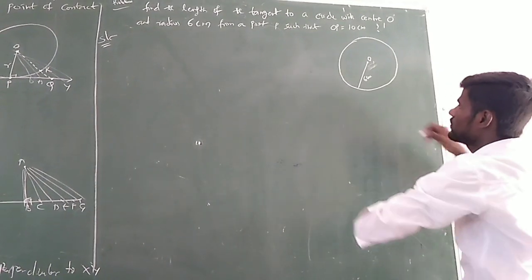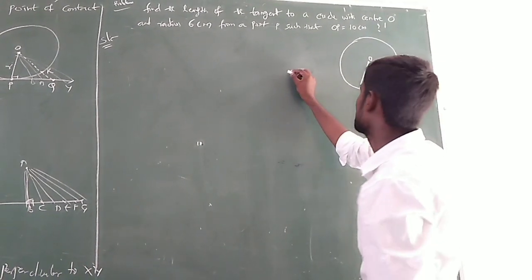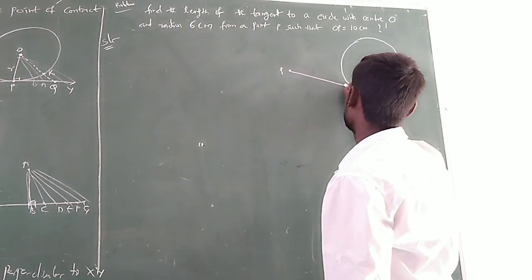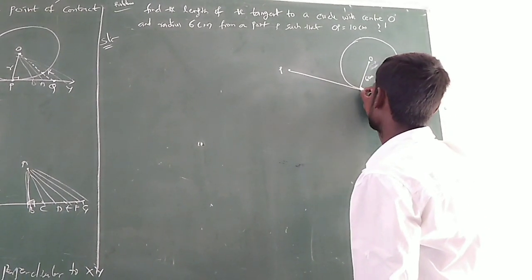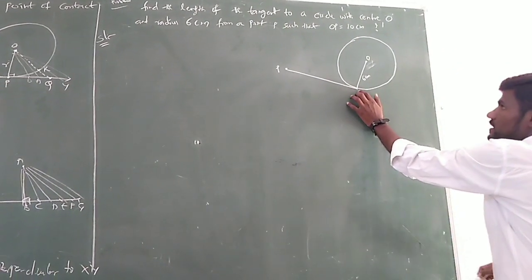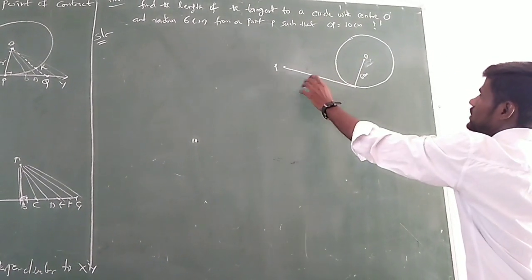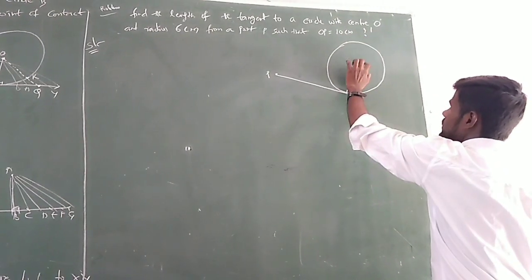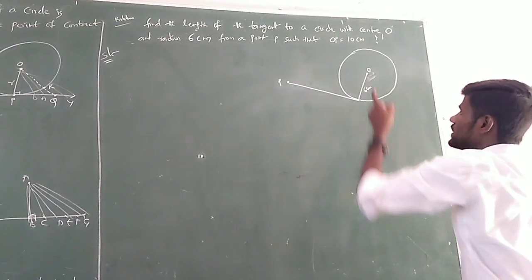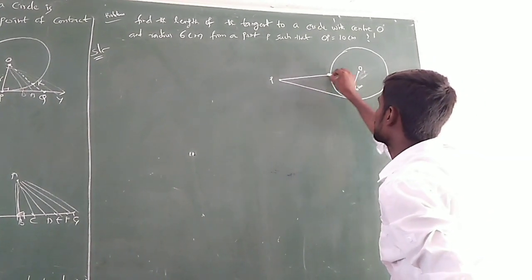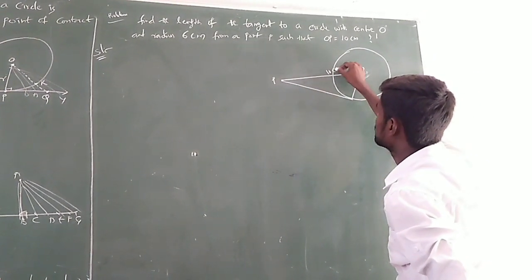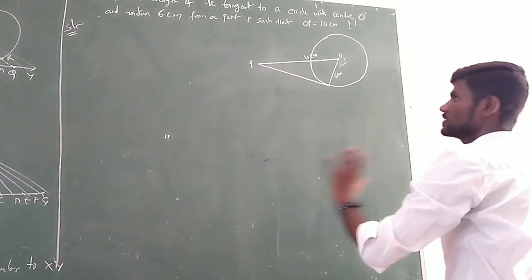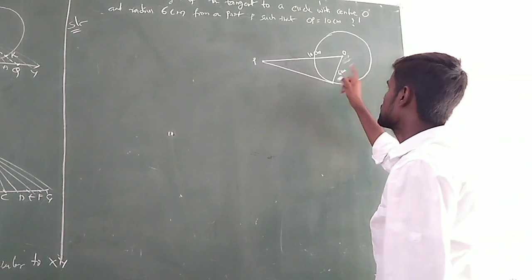From a point P, we are taking a tangent to it. So let us take a point, suppose P here. So if you draw a tangent to the circle, now it is a tangent actually. It is a tangent from a point P such that OP equals 10 centimeters. Here clearly see center O mentioned, point P outside. OP 10 centimeters means if we join O to P, this is about 10 centimeters. We can take this visualization to the opposite side also. That is our wish.